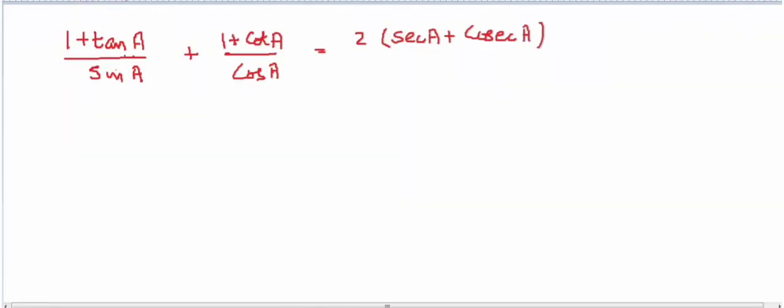We have the question here: (1 plus tan A) over sin A plus (1 plus cot A) over cos A. We need to prove it equals 2 (sec A plus cosec A). Now here I am starting with the LHS again. Now what I can do, I can just divide sin A with both of them. So I can write 1 over sin A plus tan A over sin A,